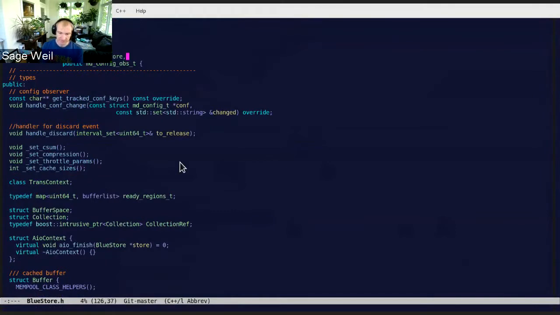But object store basically has two categories of operations. There's a whole bunch of read operations that are synchronous and blocking. So if you do a stat or a getattr or read, it will block and then do that operation. And then on the right side, everything is done in terms of transactions. So there's, in this object store class,